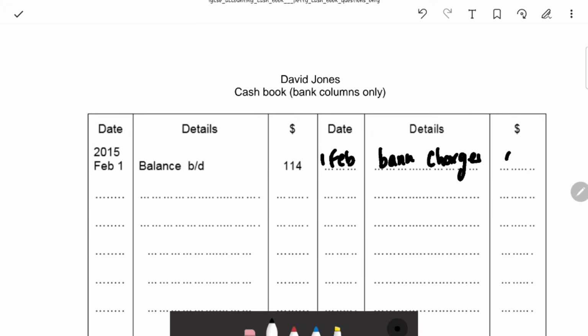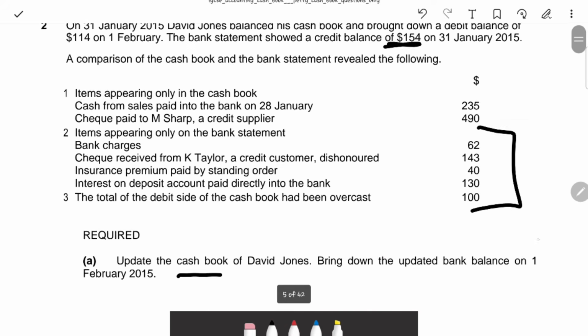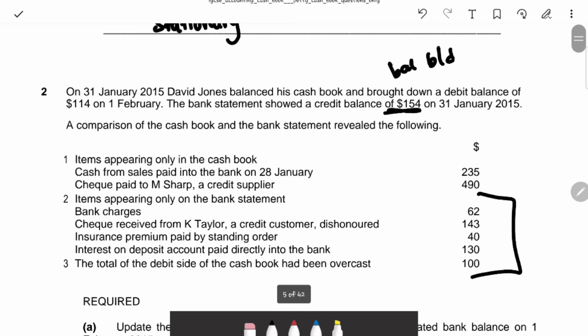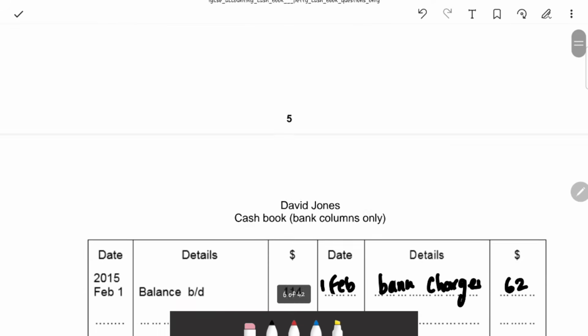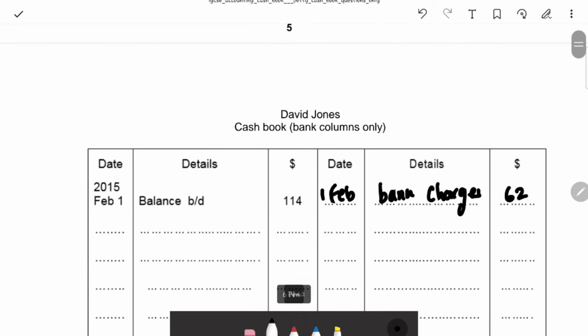So bank charges would be $62. Then the next one is telling us that we are receiving a check from K Tyler, which was dishonored. Okay, so a dishonored check is again on the credit side. This was on 1st Feb. So dishonored check